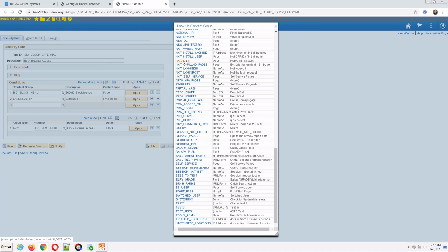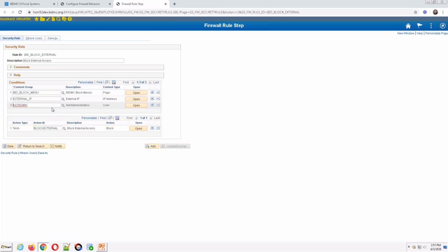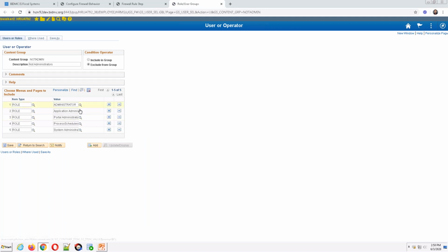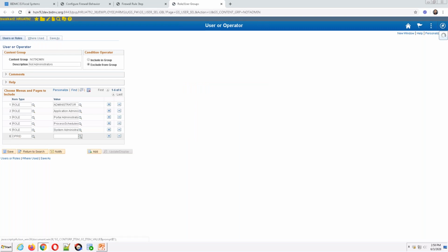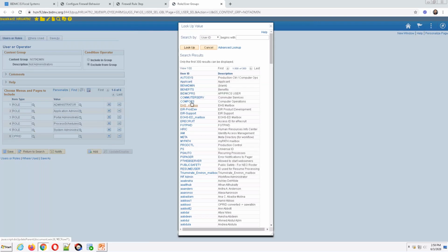So it's here, that's not admin. You're saying if they're not an administrator, then you're blocking that external access. You're saying, do they have one of these roles? Back to Kim's specific question, you had said, can you log a user? And yes, you can. So, if we just pull up